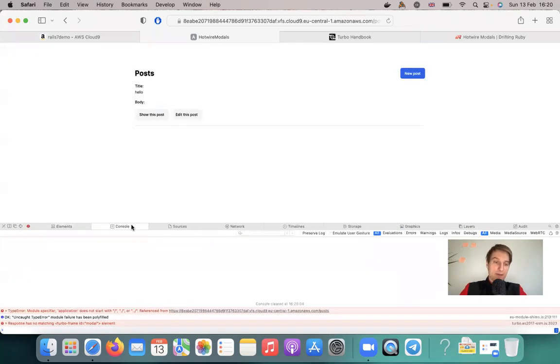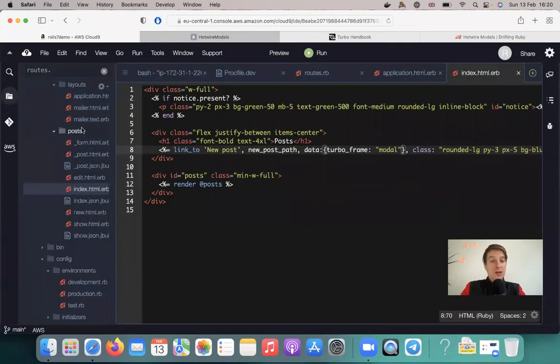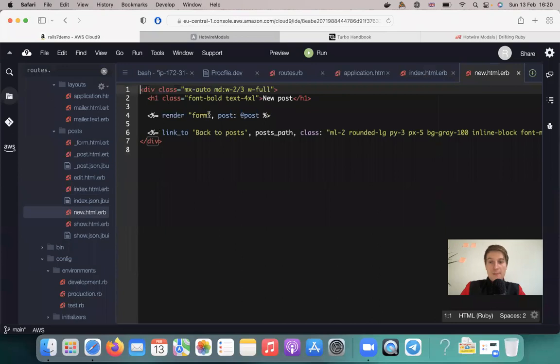Why is it empty? If we open our console, we have this: response has no matching turbo frame ID modal. So we try to go to the URL posts/new, but it doesn't have a turbo frame with the